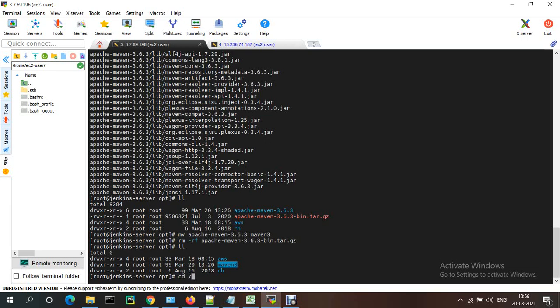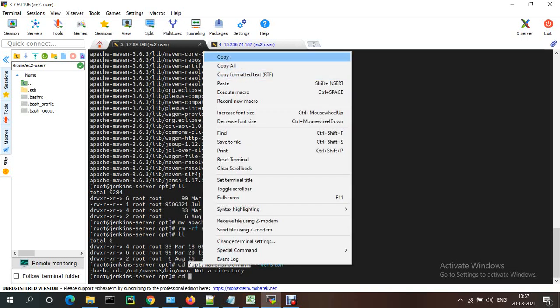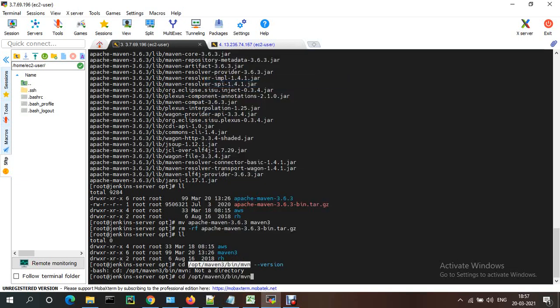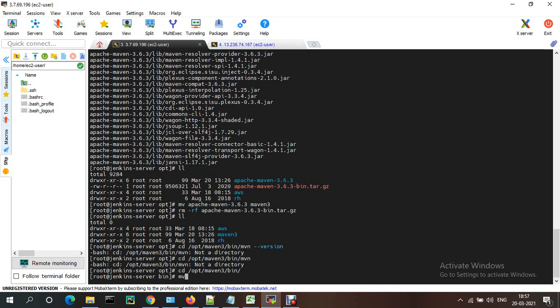cd /opt/maven/bin and mvn. If you check, it will show you the Maven version. So if you give mvn --version, it will.